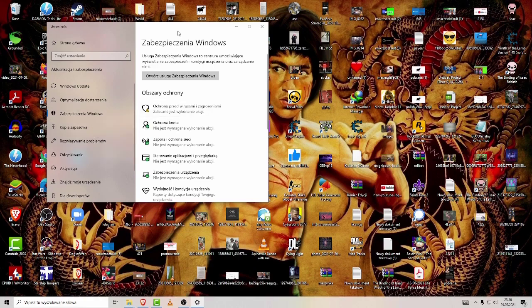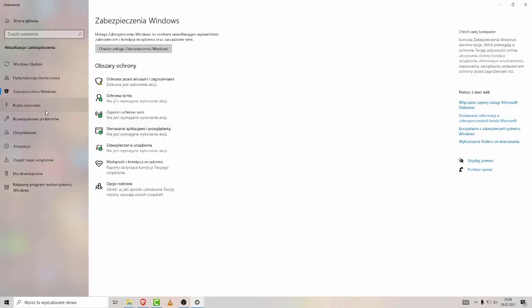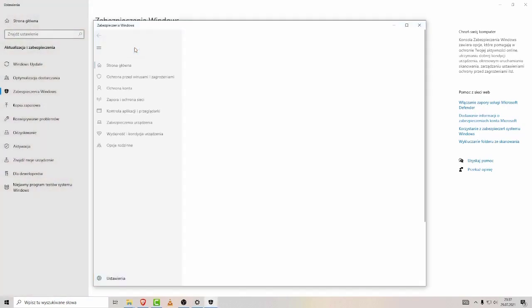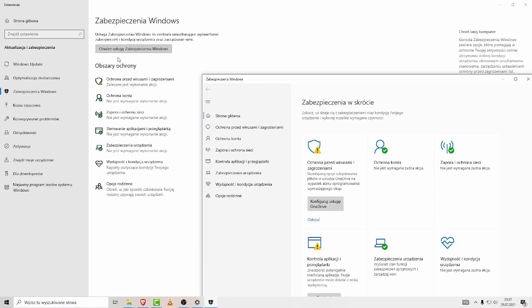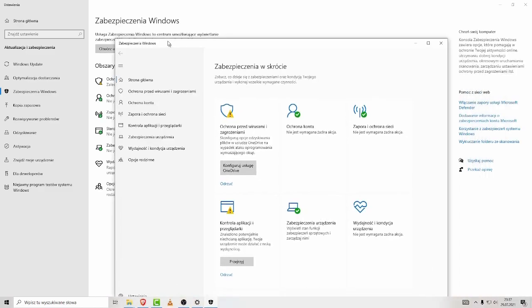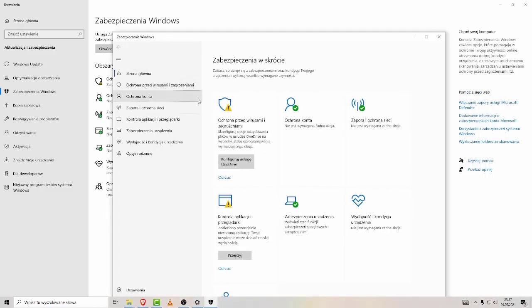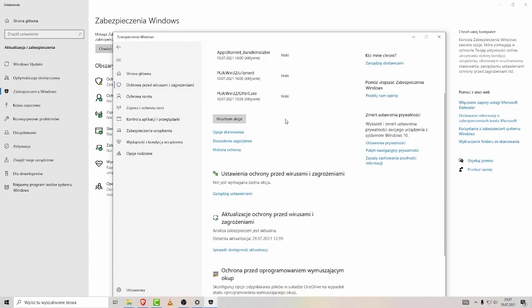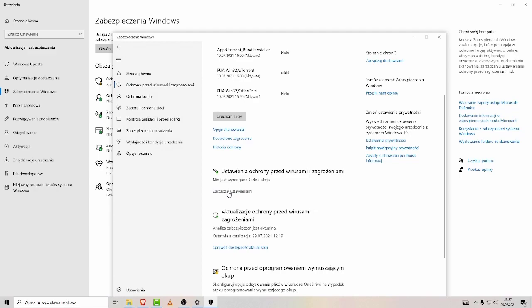Here, and next we click here and we have protection Windows, and now next protection against virus and threat. We click here and next manage settings,